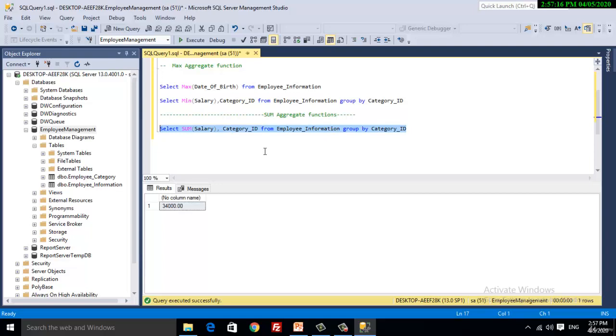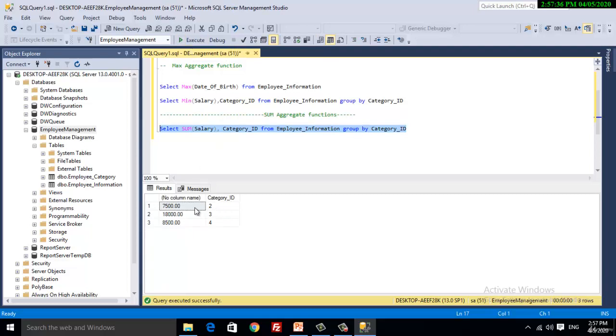Now upon execution of this query, SQL Server will calculate the sum of salary column based on different categories. Let's execute this query and see what results are coming from Microsoft SQL Server.